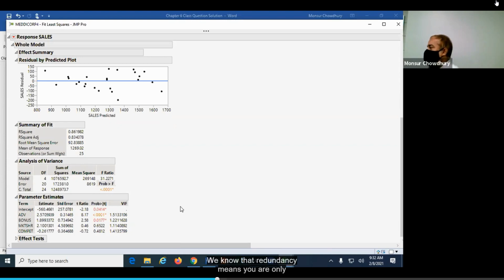We know that redundancy means there is a strong relationship among the predictors. How can we say whether there is one or not? The standard criterion is that the VIF can be either very close to 1 or very high. If it is close to 1, there is no redundancy.